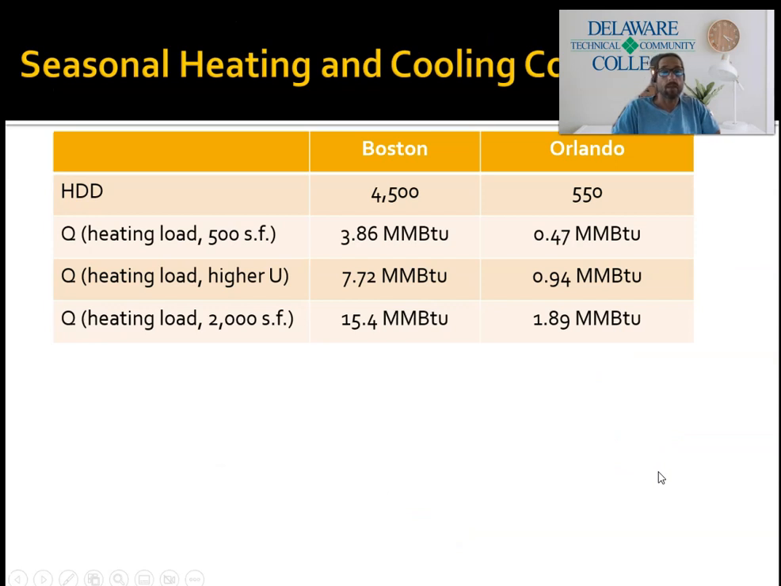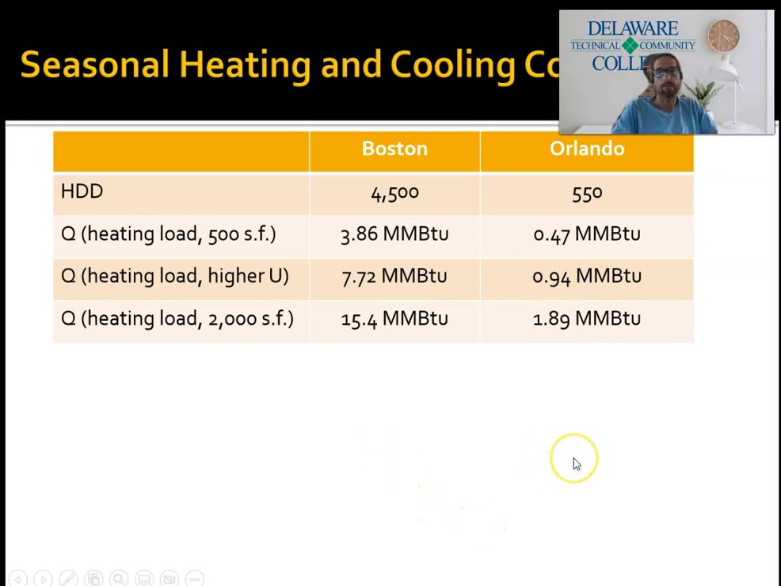Okay? And so if you run the numbers and you compare Boston and Orlando at these different values, you can see that Orlando, just by virtue of being in a warmer climate, is going to have close to 10 times less heating no matter any way you slice it. So if you take the same building and you put it in Orlando, you're going to need about 10 times